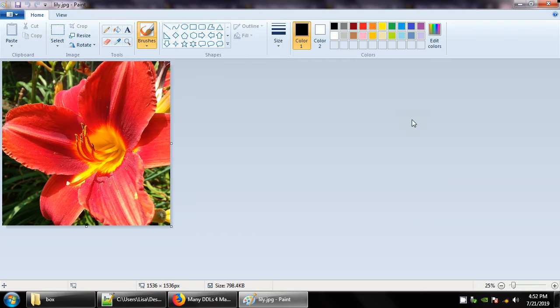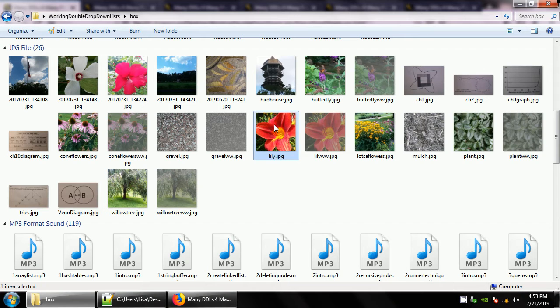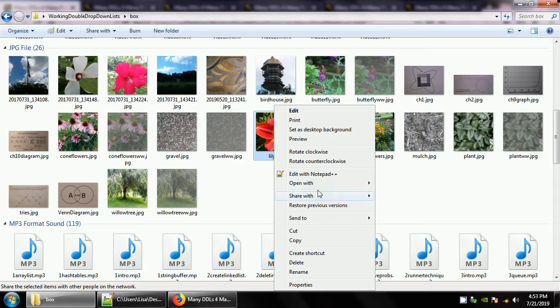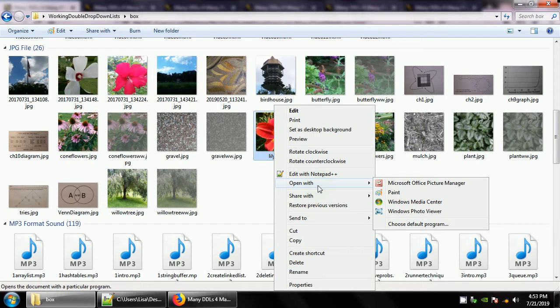Well, this opened up in Paint. I don't want this to open up in Paint. I want this to open up with my Microsoft Office Picture Manager. Or whatever image editing software you have. I'm using Microsoft Office Picture Manager on my system, but open with whatever. There's different reasons to open stuff up in Paint, but at this junction I'm going to use Microsoft Office Picture Manager. So open with the Picture Manager,